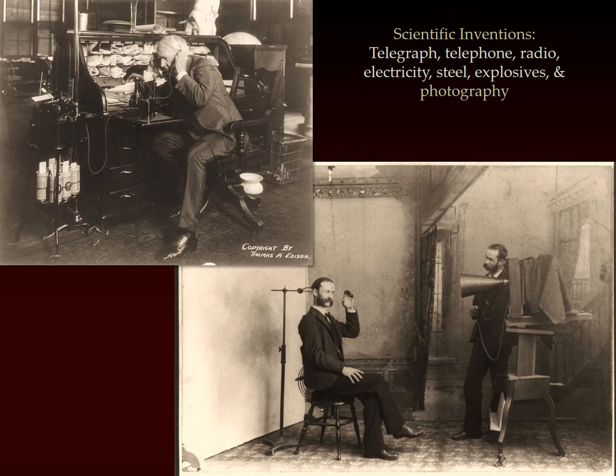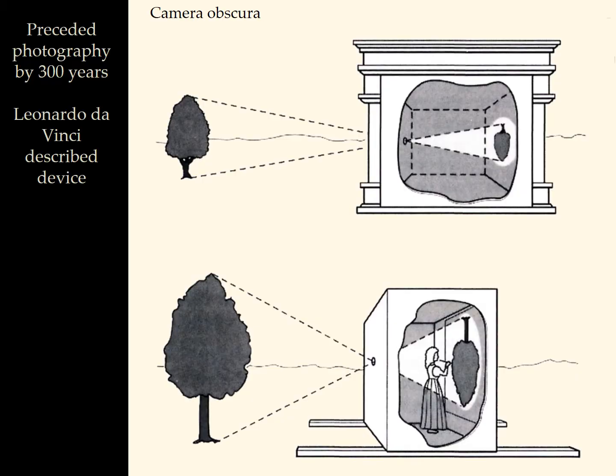Photography being one of the most important inventions for our purposes because it completely changes the role of art and what it means. Now, photography is preceded by a type of projection of space with an aperture and light through it by nearly 300 years. So you find that Leonardo da Vinci is going to describe this device that he uses called a camera obscura,